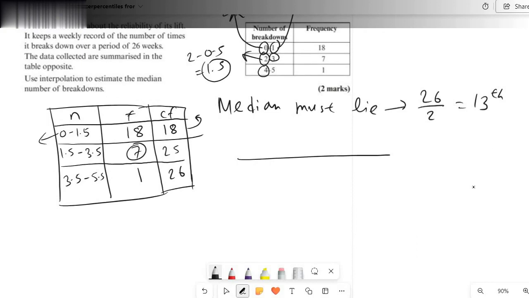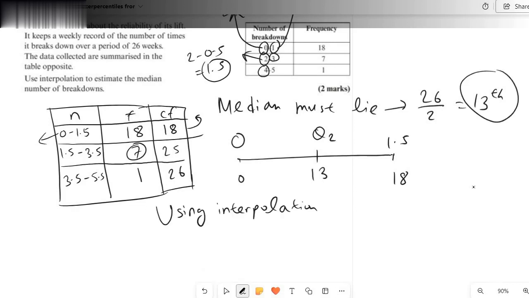And now to apply the interpolation formula, what we have to do is draw a straight line like this, and then place the class boundaries from lowest to highest, so 0 and 1.5 will be the endpoints, and their corresponding frequencies will be 0 here, because at 0 number of breakdowns there will be a 0 frequency because the class ends at 18. Now let us place Q2 or the median, which is unknown, and its corresponding frequency should be 13